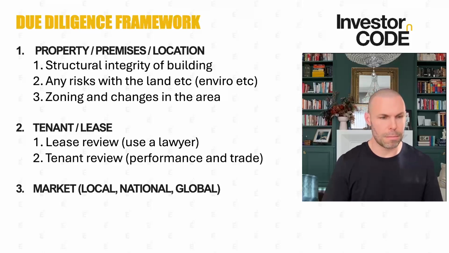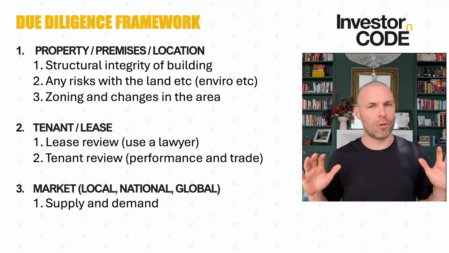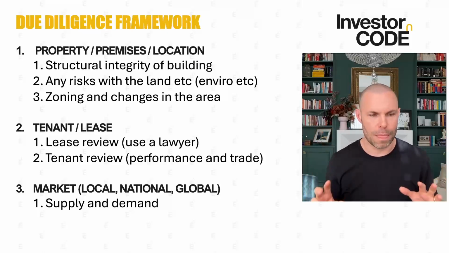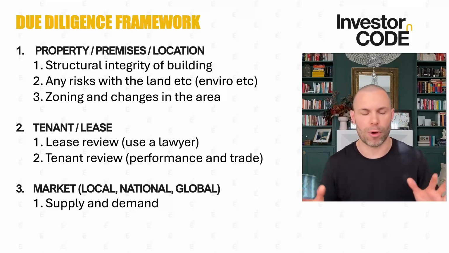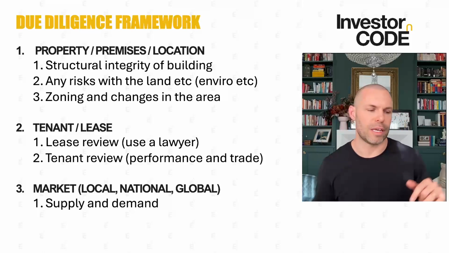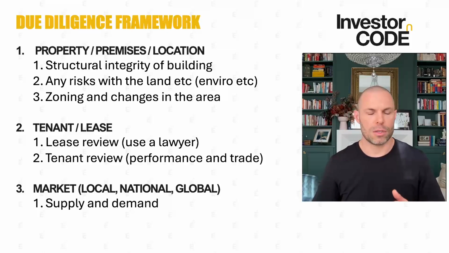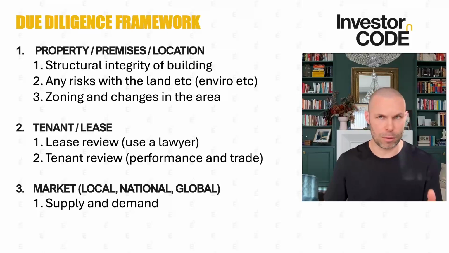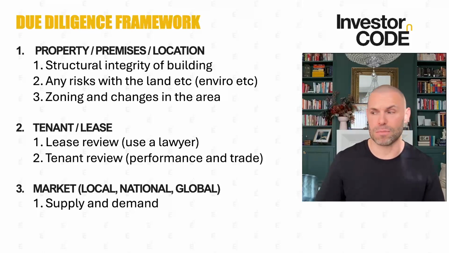All right, market is the third thing, and this is a broader way of looking at a property. You want to look at how it sits in the local, national, and global framework, right? So right now, for instance, let's just say there's retail, there's industrial, there's office, okay? Now we know that office got smashed during COVID. So if you were going to go buy an office building during COVID, would you say that the national and global landscape was good or bad? You'd probably say it was pretty risky.